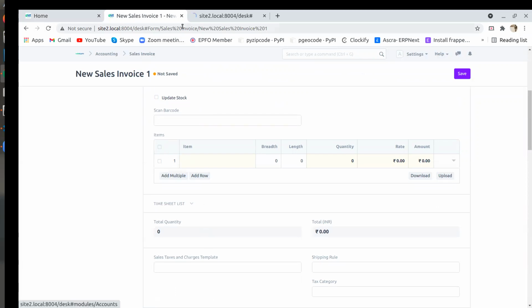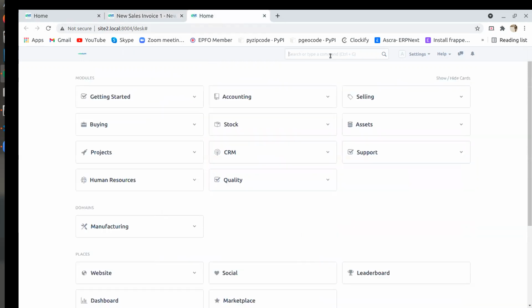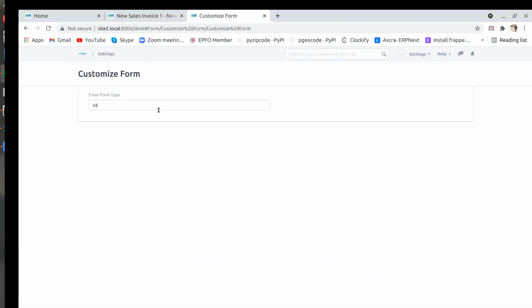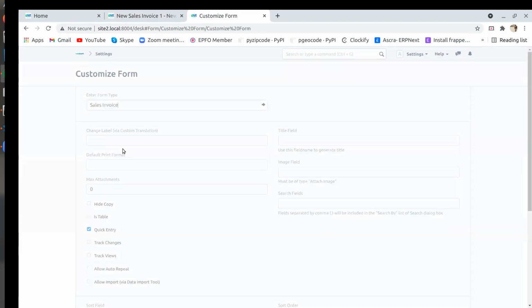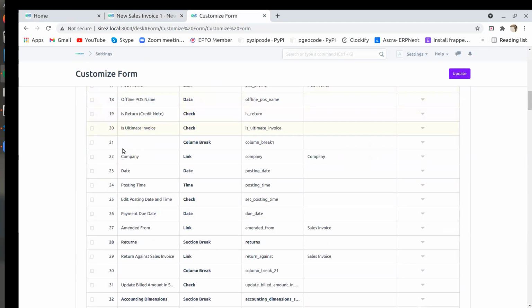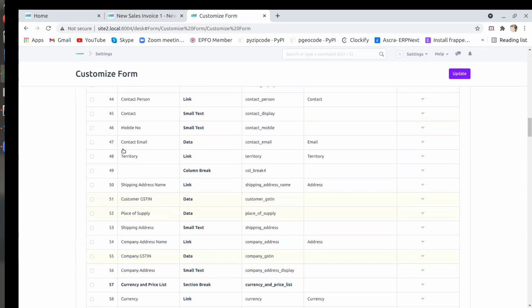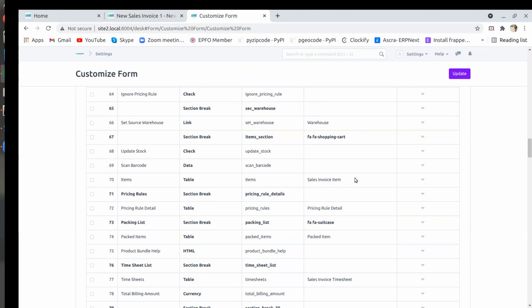If you go to customize forms of Sales Invoice, this is the child table doc type name which we have used in the sales invoice.